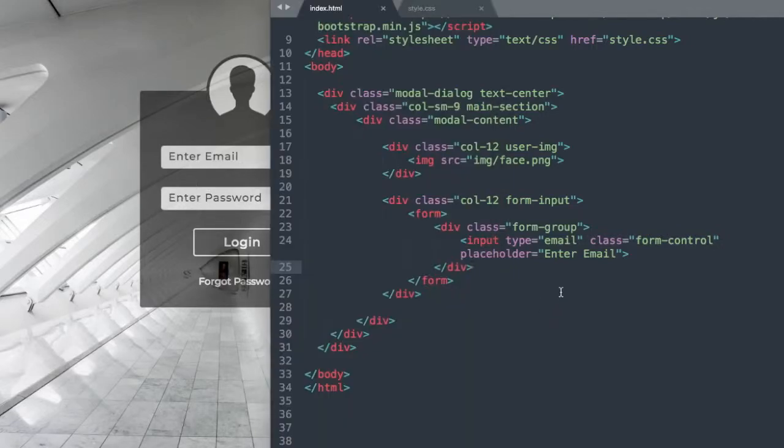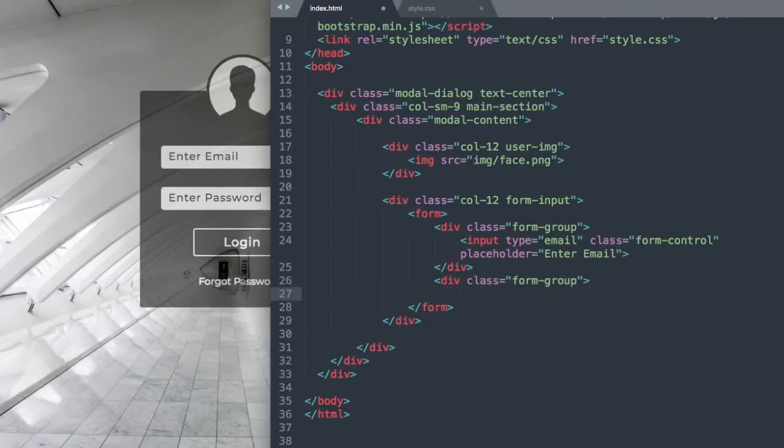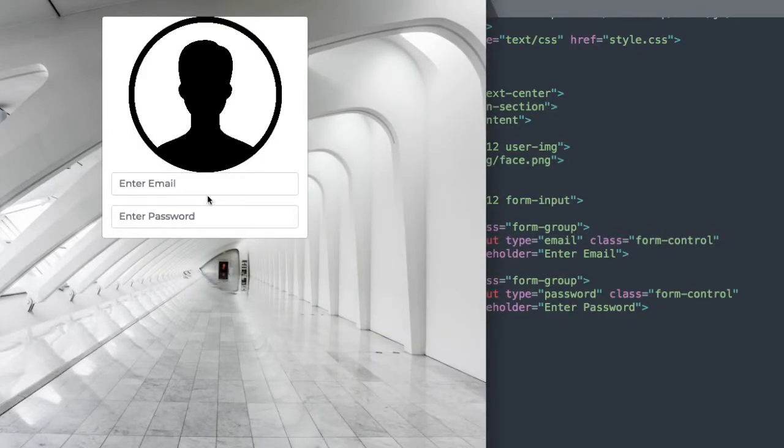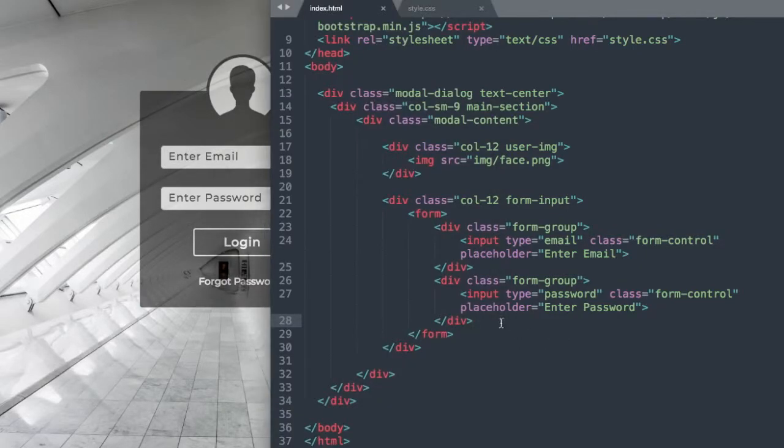So let's go ahead and add our enter password section. So we'll add another div class form-group, and then inside of our div we'll have our input section, so input type password, and then once again class form-control, and then placeholder enter password. And then remember to close out the div for the form-group class. Okay, so there we have our password input field, and now to complete the actual form we'll need our submit